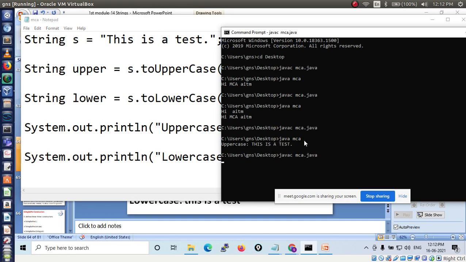Compile this, then run again. See, you have capital letters, this is a test, and this is a test in small case letters. Okay, is it clear, this method, everyone?